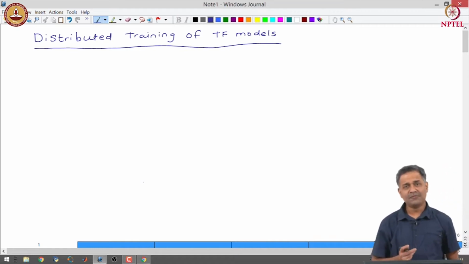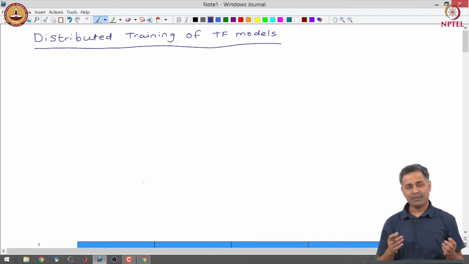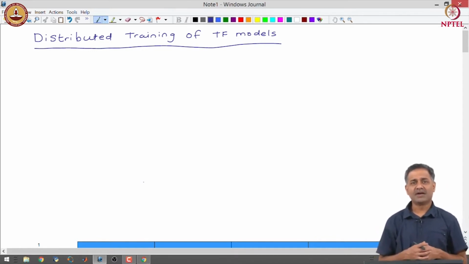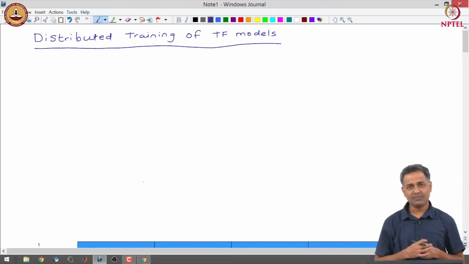Often we have models which are complex, which have a very large number of parameters, and we also want to train these models on very large data sets. So far in this course we have written models that usually get trained on a single machine. In order to do distributed training, there are certain changes that we need to make in the TensorFlow code.